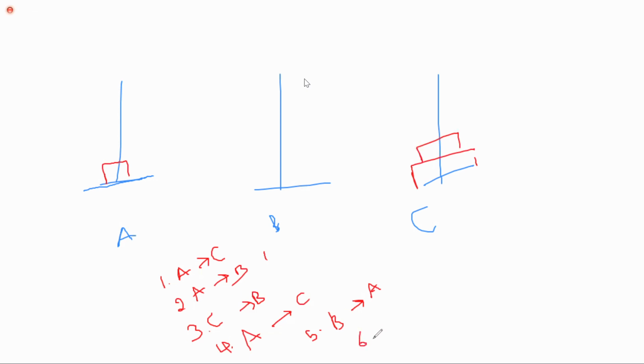So next one. Next A to C, right? Now at a time we have moved only one disk and we have maintained the same order. These are the steps we have used to move the disk from one tower to another tower, that is from source to destination. Is it clear to all of you? This is the Towers of Hanoi problem.